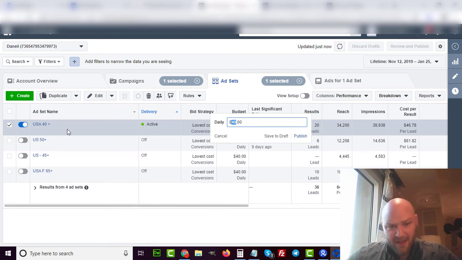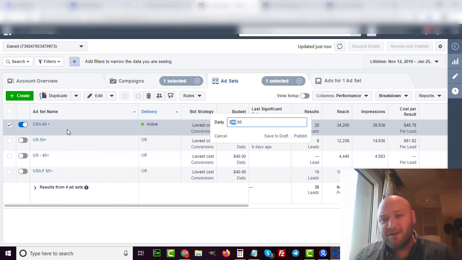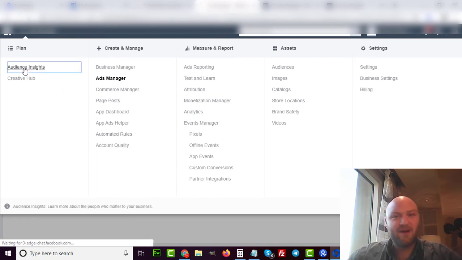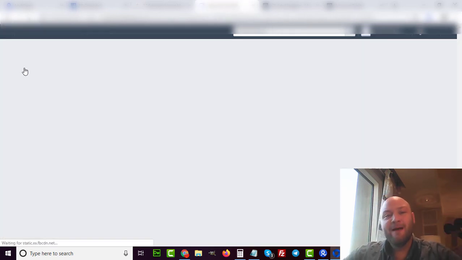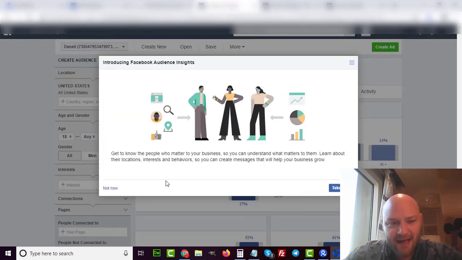Now, before you go in here and start setting up campaigns and ad sets and ads, again, you want to do some research. You want to see what your competition is doing, or if you have affiliate offers that you're going to run, you want to do some research on the audience. And one of the tools you can use here is the audience insights. So I'm just going to show you quickly, and I've done this before, so I'm not going to go into too much depth on here. But there is a way to do a lot of research before you start your $5 ad set strategy.